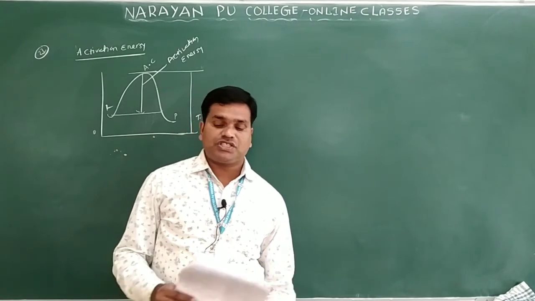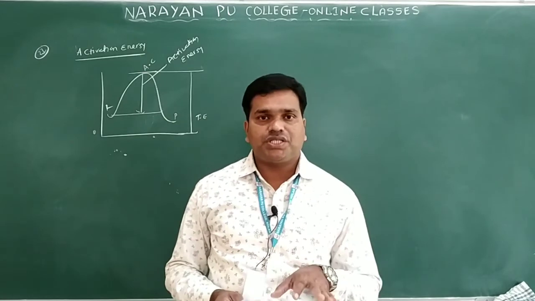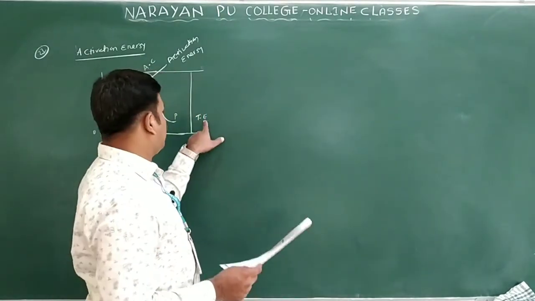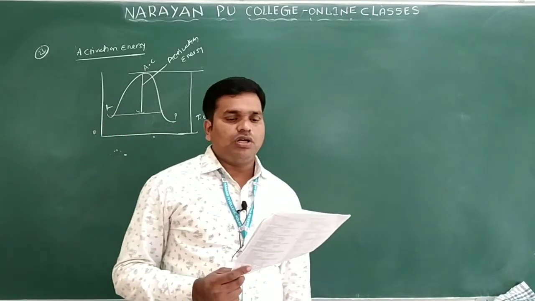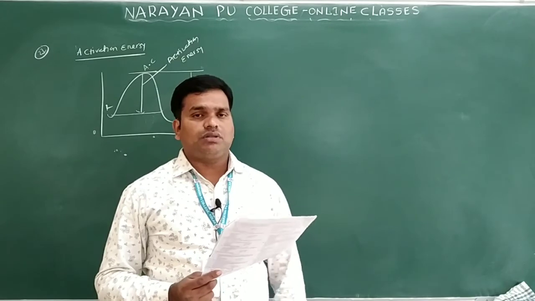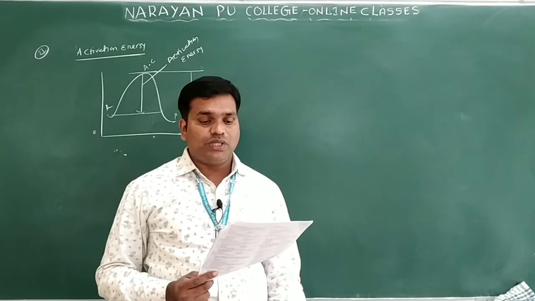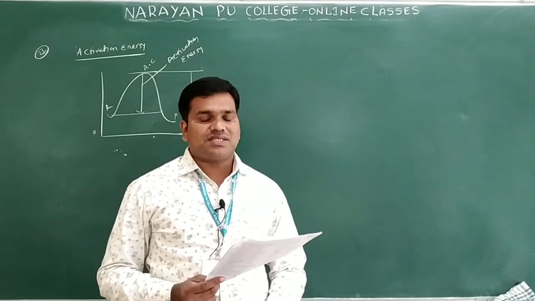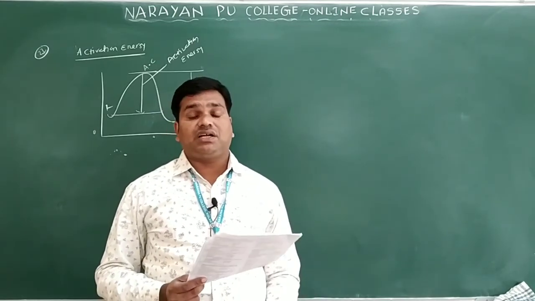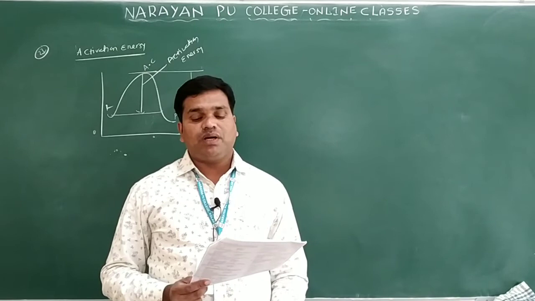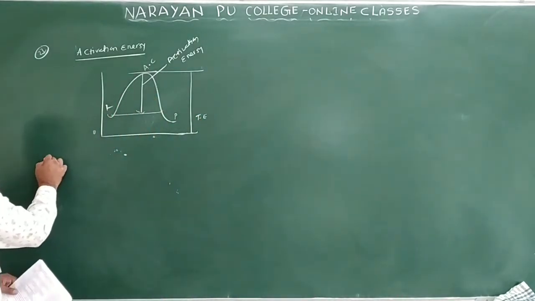Look at the first option here. The energy the molecule should possess to enter into an effective collision, that we call threshold energy, not activation energy. Next, the energy the molecule should possess in order to undergo collision is also threshold energy. The energy it has to acquire further so that it can enter into effective collisions, that additional amount of energy, we call activation energy. So you will take option 3 for question number 23.